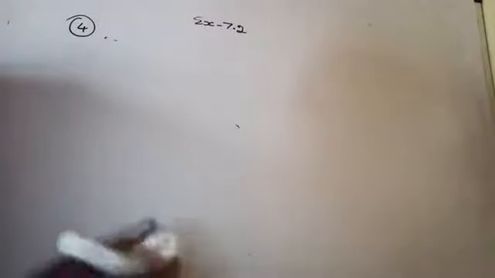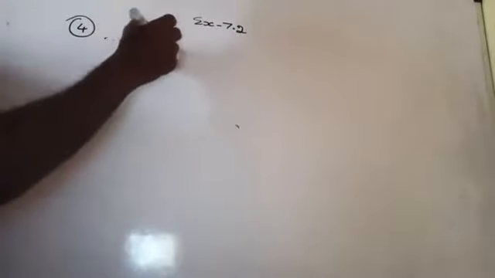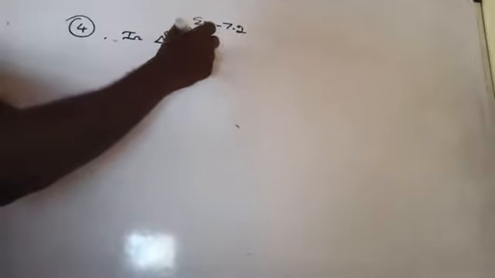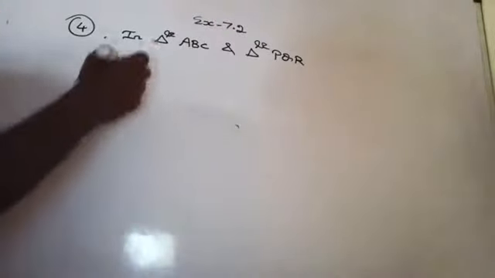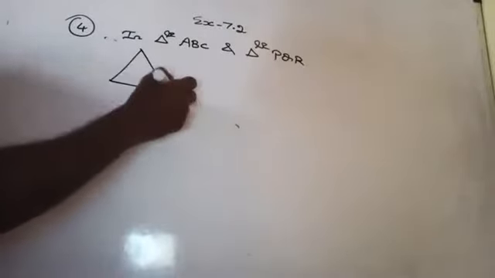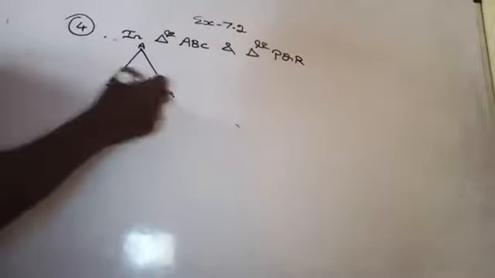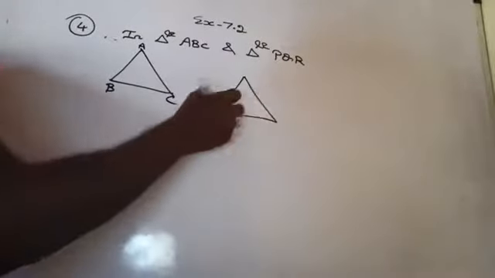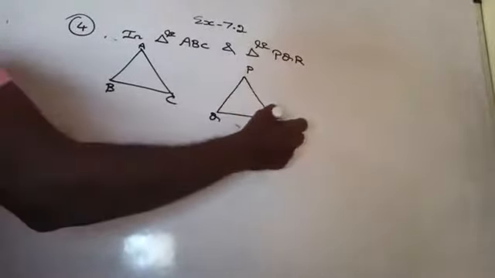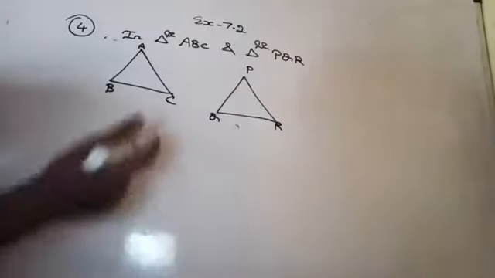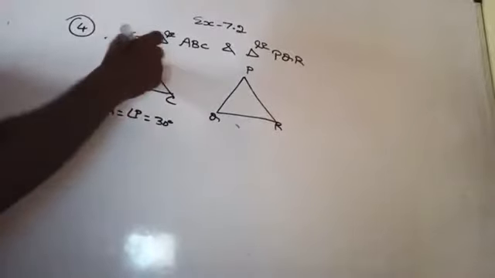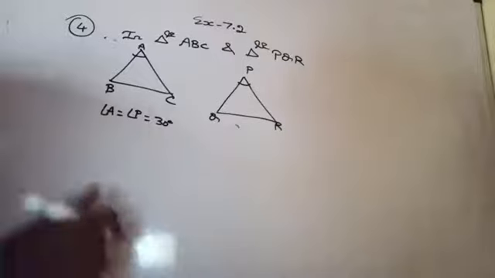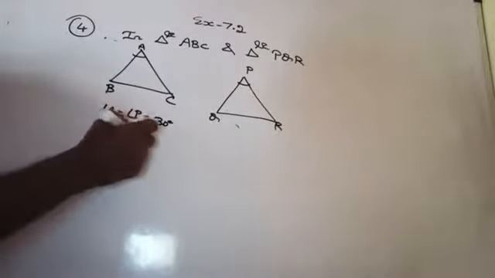Here it is given in triangle ABC. There were two triangles given, triangle ABC and triangle PQR. Angle A is 30 degree. So draw the triangle ABC, and another one is PQR. Angle A is given 30 degree, angle P is also 30 degree. So angle A equal to angle P equal to 30 degree. It is given for you. Angle A equal to angle P, and then angle B equal to 40, and then angle Q is also 40.